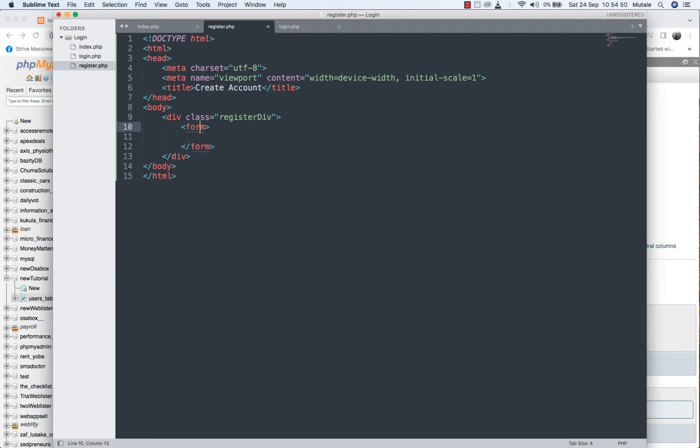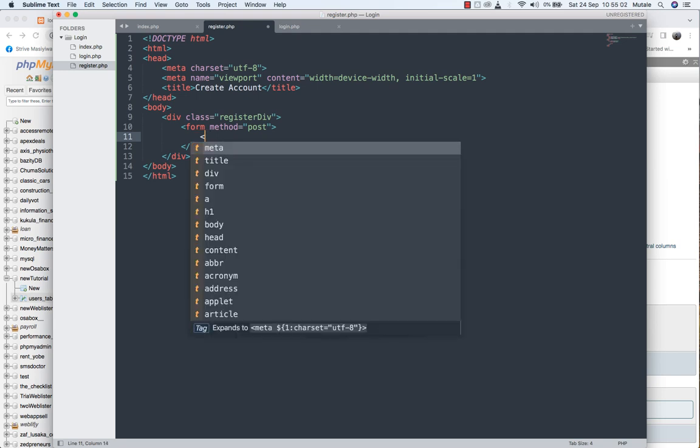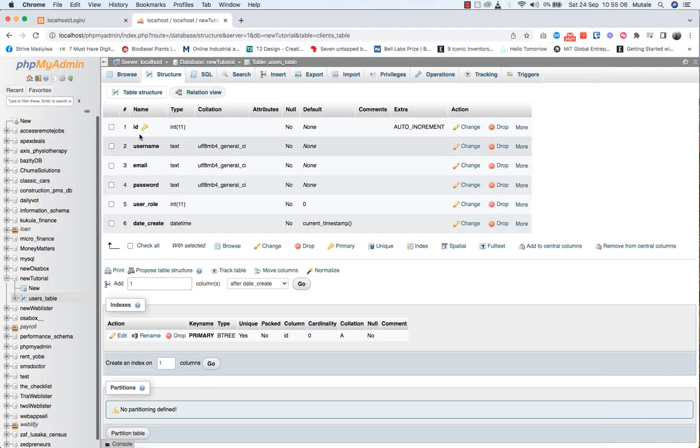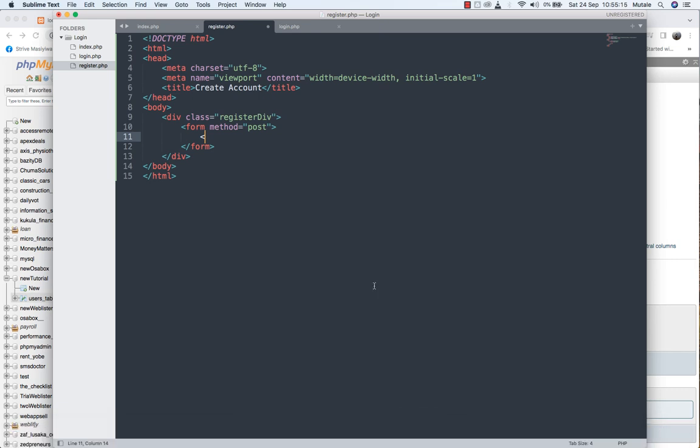Method will be post, and what fields do we need? We need a username, email, and password. The ID, user role and date created are already predefined, so we don't need them on our registration form. So I will say create username,